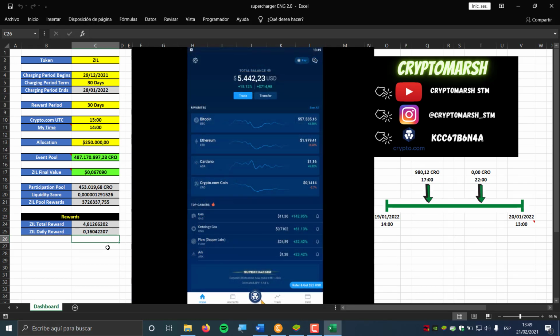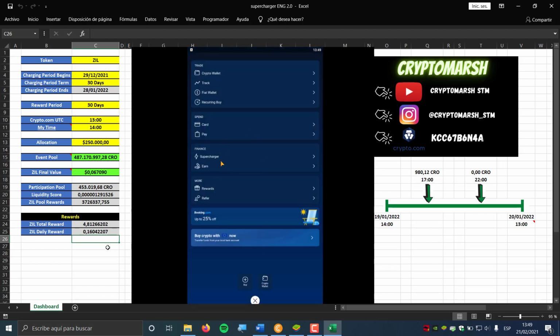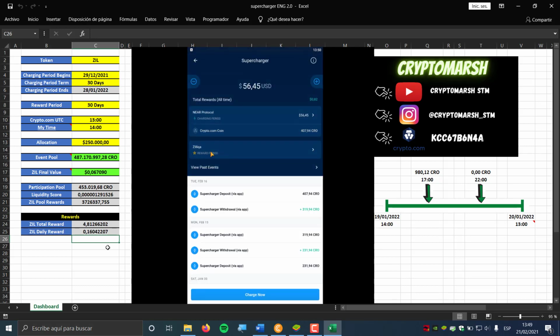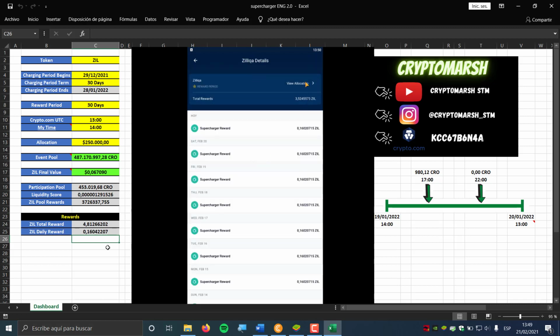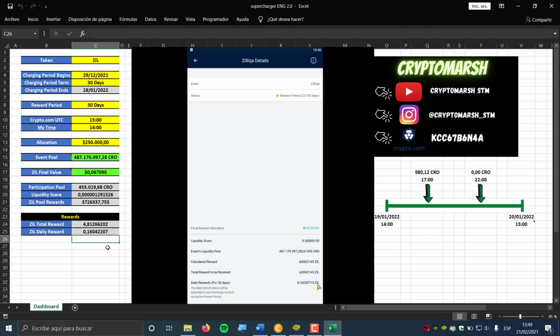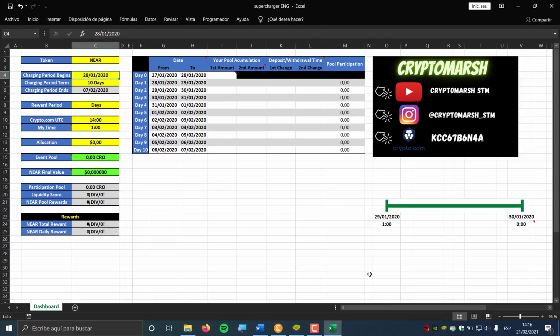To see that my rewards are exactly the same in the simulation as in the Crypto.com application, we just have to go to the Super menu. We go to SuperCharger, and here we can see that we have the event of Silica, and we are in the reward period. So we can see here that my calculated reward is 4.80, and my total rewards in the SuperCharger is 4.81, which we can say is more or less the same. Maybe because in the simulation I take more decimals, but it's quite accurate. Okay, so